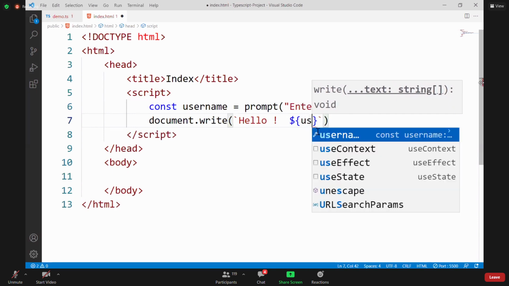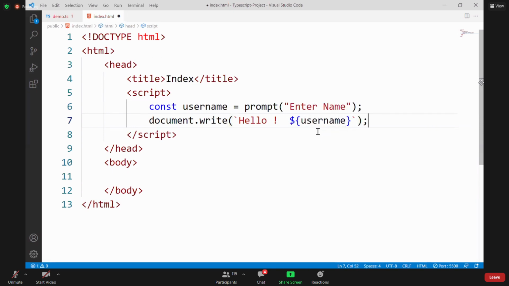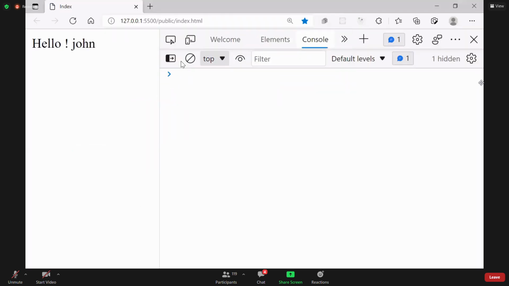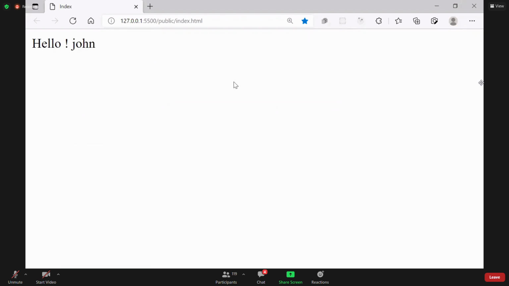Now I am running this here, enter name. I entered John and it says hello John. That means const is assigned with a value called John.